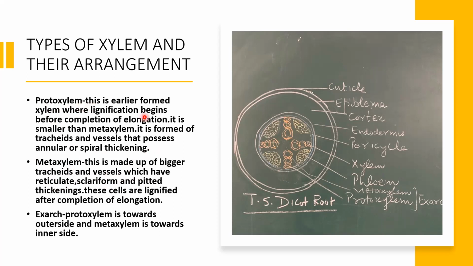Now we can see here, this is the arrangement. This is metaxylem and this is protoxylem. If we see the anatomy of the root, the outermost layer is epiblema. This part is cortex, then endodermis, pericycle, xylem, phloem. We have already discussed that in root there is radial arrangement of the vascular tissue. In xylem tissue, the smaller ones are called protoxylem, and the bigger ones are called metaxylem. Metaxylem is facing the pith, and protoxylem is facing toward the cortex, or you can say the periphery of the tissue.